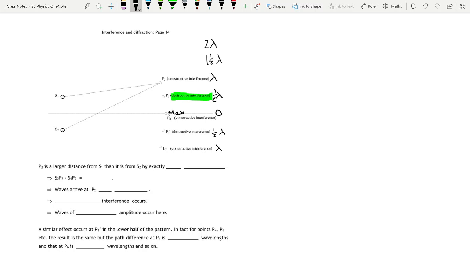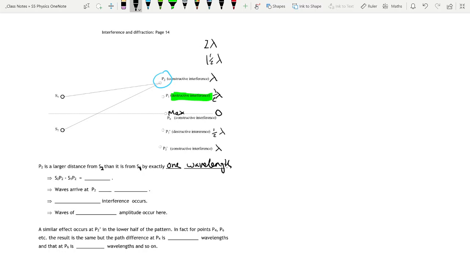So P2, which is this one here we're looking at, we've got constructive interference. P2 is a larger distance from S2 than it is from S1, because this distance here is larger than this distance. Doesn't really matter too much, but we just need to know that one is larger than the other. And it is by exactly 1 wavelength,